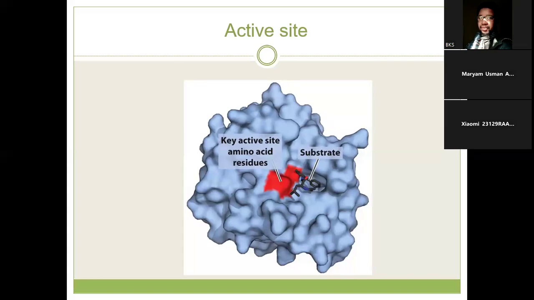So in the active site, we can see the amino acid residues. And in addition to amino acid residues, there are also some non-protein substances that also help in converting the substrate to product. They are called cofactors. A cofactor is called a coenzyme when it is an organic compound, usually a derivative of vitamin, loosely attached to